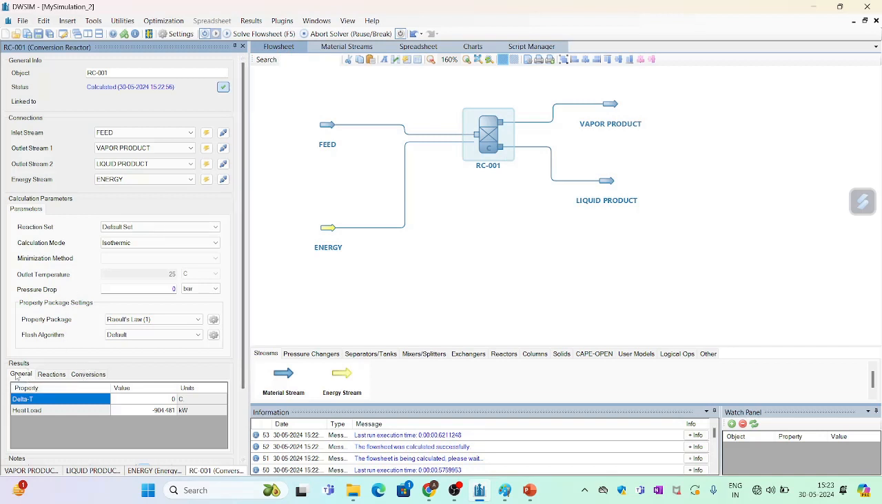Our results are ready. On the bottom you can see in result general, then reaction, you can see the conversion of methanol, how much methanol is formed. Then you can see conversion. So carbon monoxide is 78%, hydrogen is 39%. On top of that you can go to the top bar,